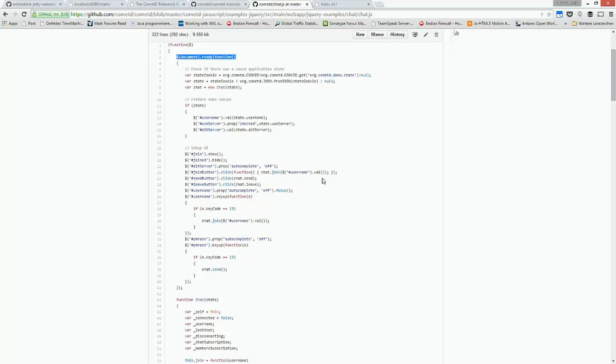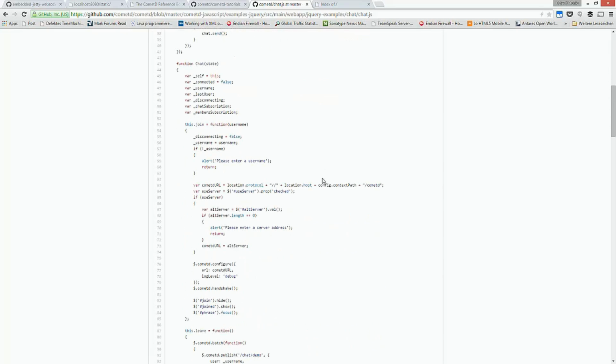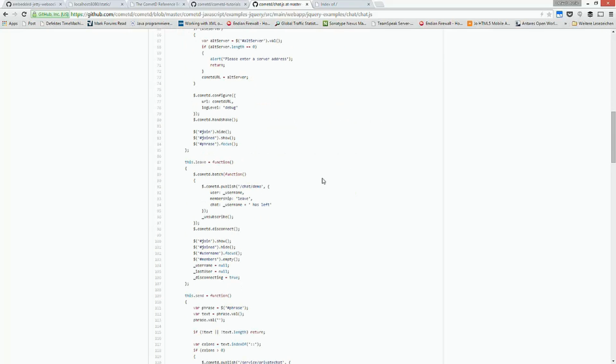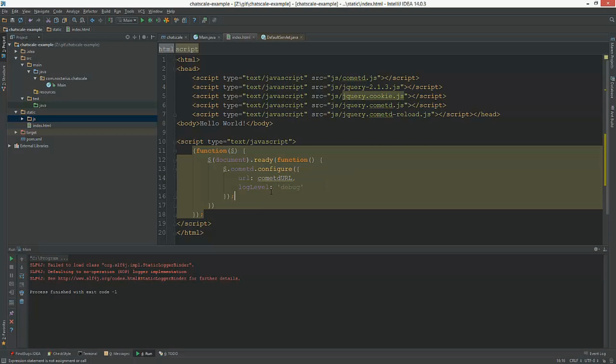Then we need, where is it? Chat. It's really easy. We're just doing the easy way for now, localhost.